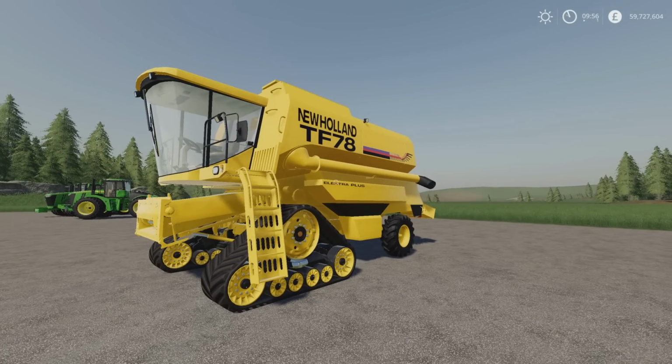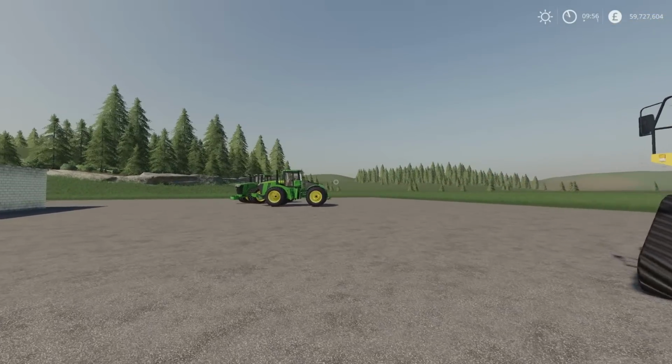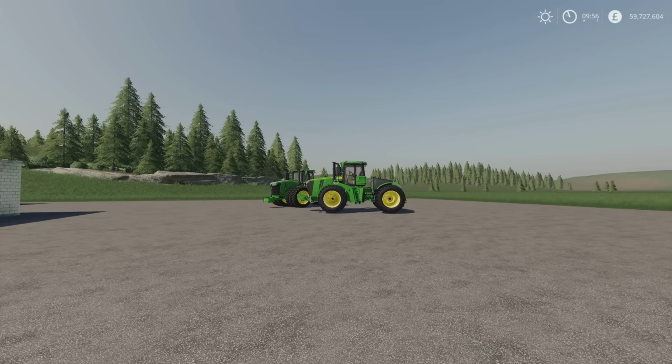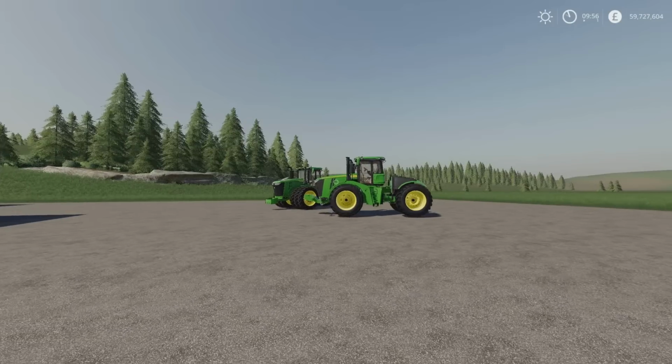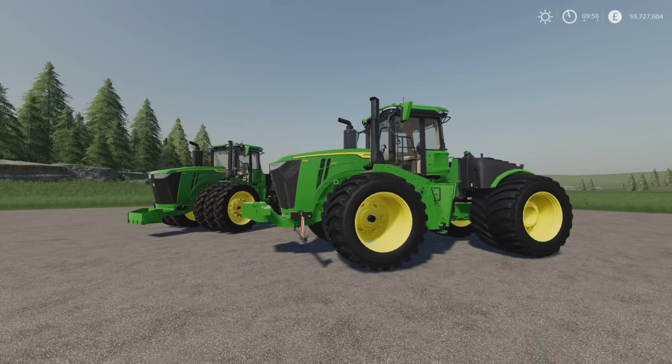There we go. The New Holland TF series by BlackEyes Modding, which brings me on to the last of the mods for today and indeed this week, and it's this absolute stonker of a mod, and it really is an absolute stonker of a mod. No surprise, this is by SiiD Modding. This is the John Deere 9R series 2021. Now, I've said this a load of times before, I'm not a particularly mad John Deere fan,